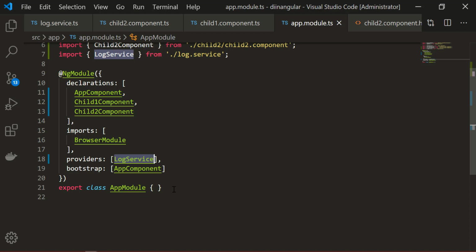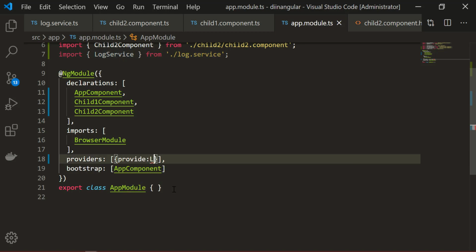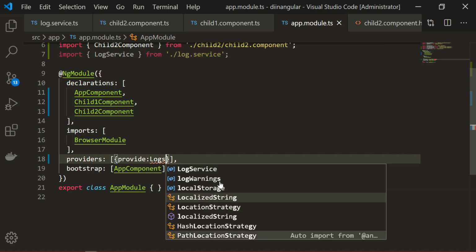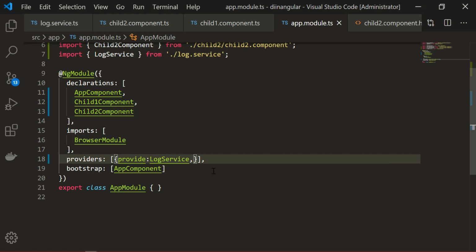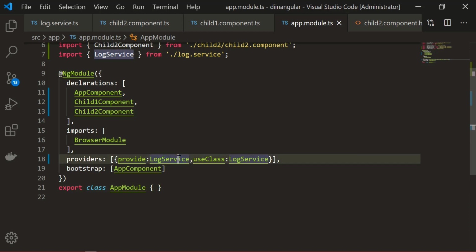But internally, this information which we are passing in line number 18 is represented like this, where you say provide log service, because you are using that everywhere. So here we say that, hey, provide log service, and whenever log service token is provided, please use the class. In this case, we want to use log service itself. So when the value of provide and use class is the same, instead of representing it like this, you can just pass